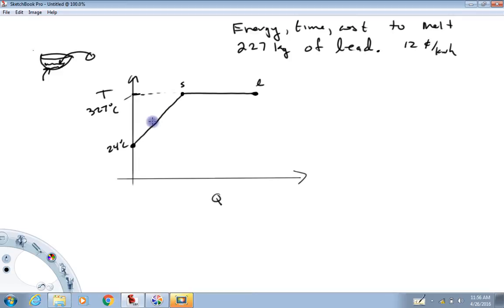So going back to this region, this is a temperature change region. So to calculate the energy, we're going to use the specific heat. So we have Q equals m c delta T, which is good in this linear region. In this example, the mass of that lead was around 227 kilograms. The specific heat of lead is around,